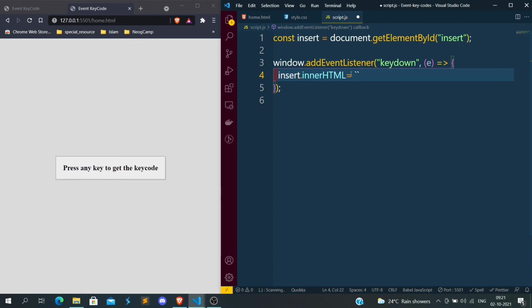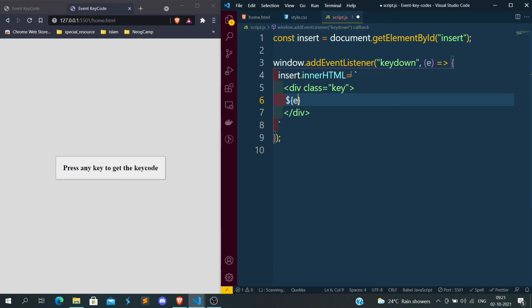So let's give a template. Inside that, I want to create a div of class which should be key. Okay, so let's add a dollar.